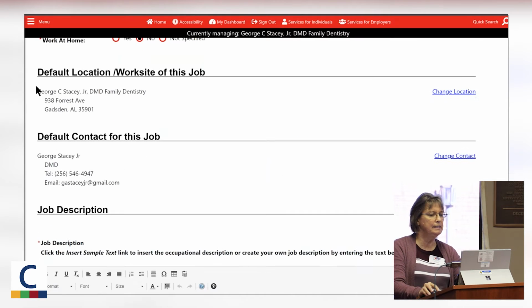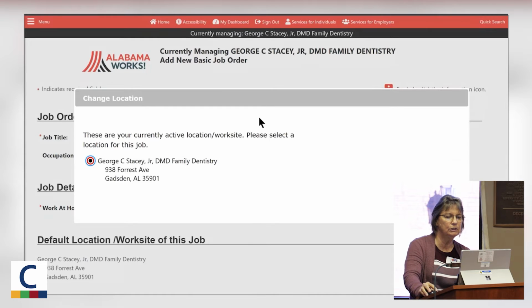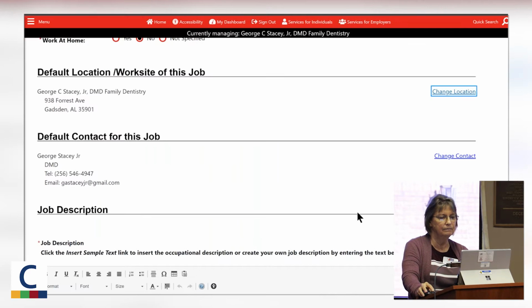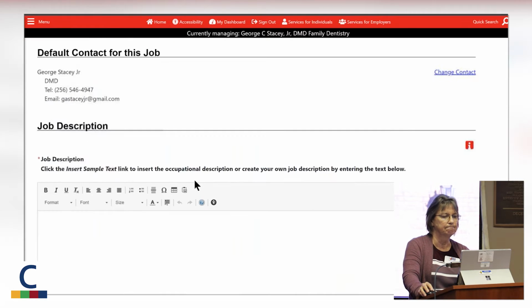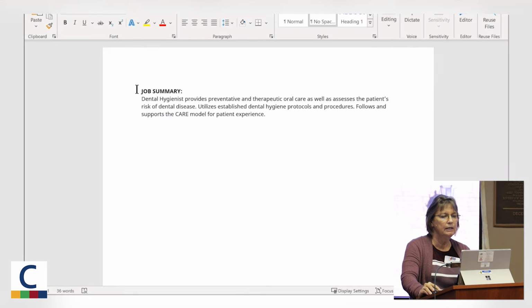All righty, so this is the default location. Now, if he had multiple locations, you would select it from the location. He doesn't. Job description, they just told me a little snippet about what they wanted to use. Now, I want you to take advantage of this, though,